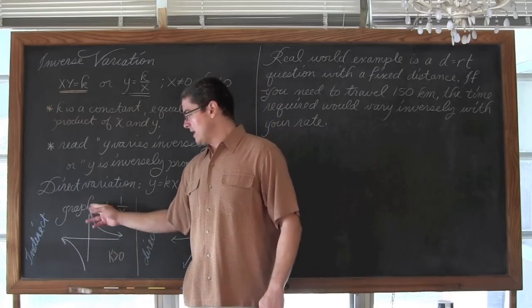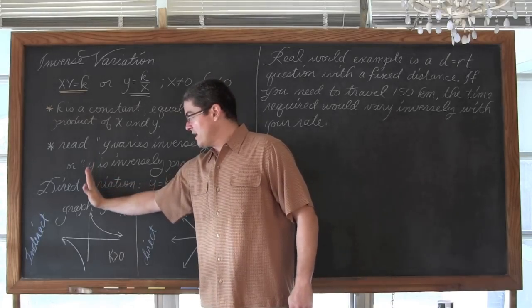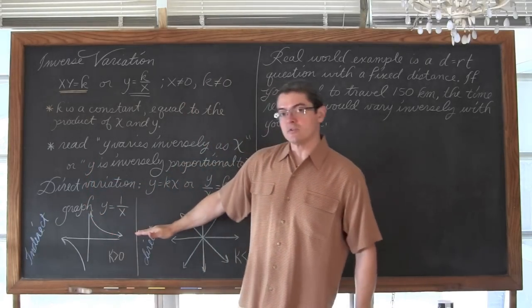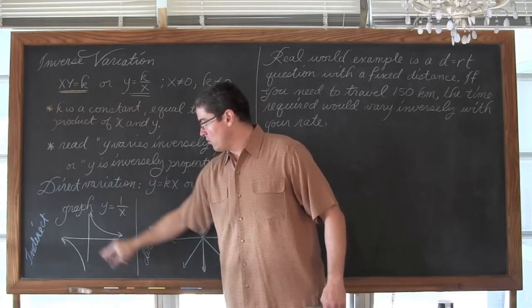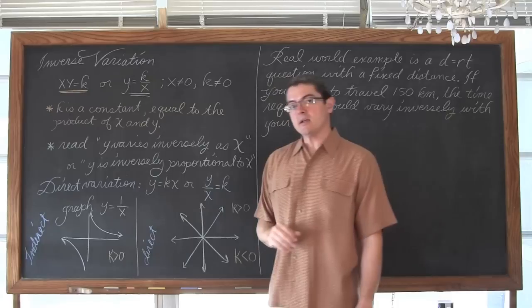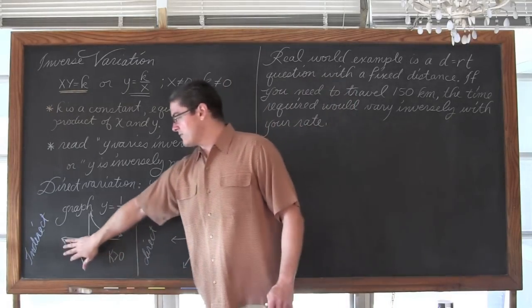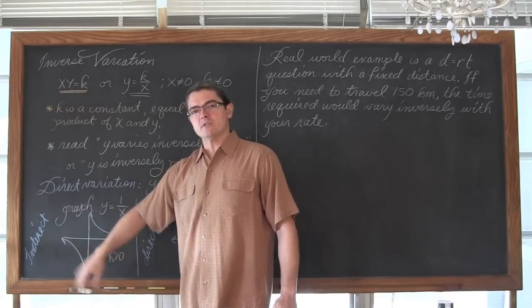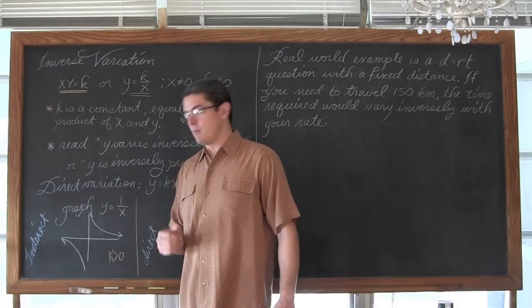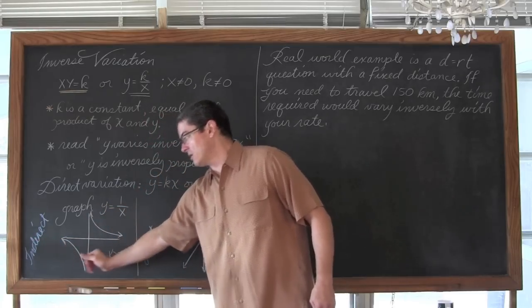So we have this vertical asymptote, and the graph swings down from that vertical asymptote and tapers off to the right. You can see here, when k is positive, my y values are decreasing when my x values get larger. We don't often deal with negative x values, especially in word problem settings. But again, here x is getting larger and y is getting smaller.